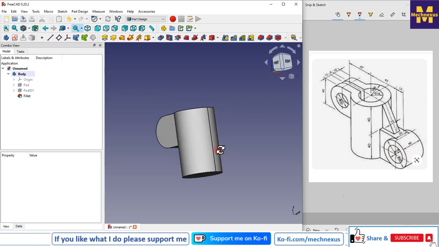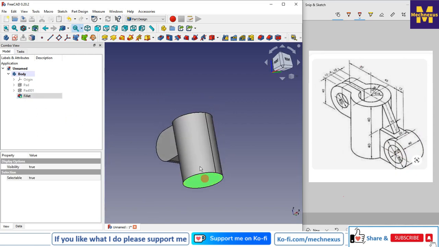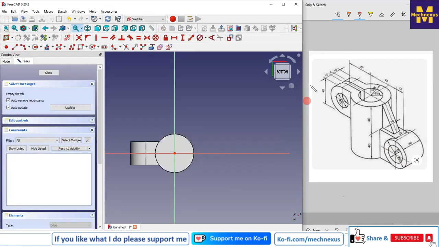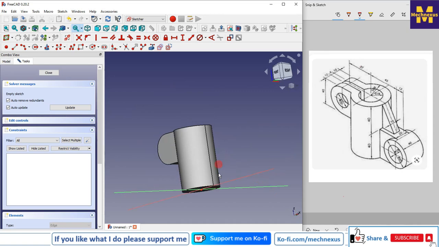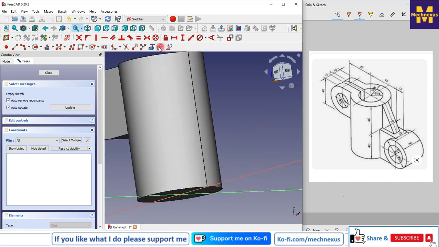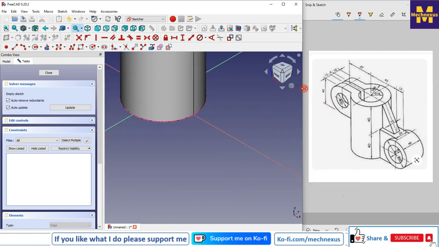For this I will select this base face and create a sketch, and the center to center distance is 45 plus 12, so it is 57. So here I will project this arc and I will switch to the isometric and I draw